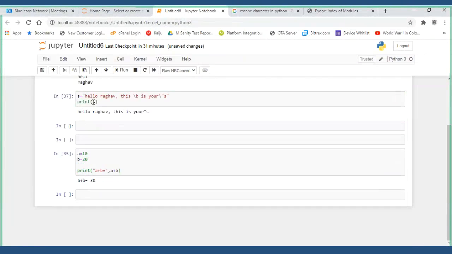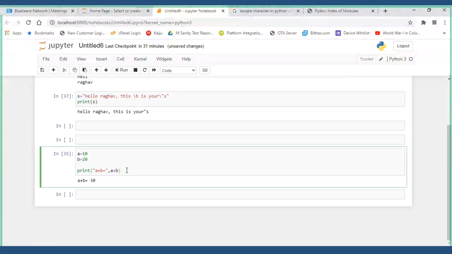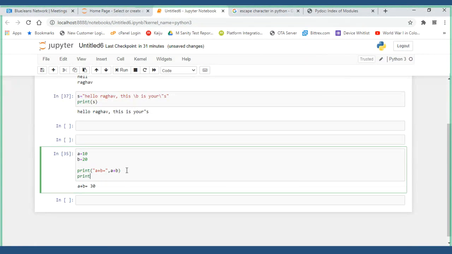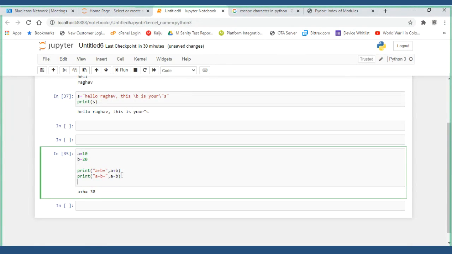Let it be. So what you have got is A plus B is equal to some result, that is 30. Now I want the same thing, but with A minus B. It's just like child mathematics, but I just want to give you the heads up. Minus I have given. Then in the same way I would like to provide the same thing with multiplication.